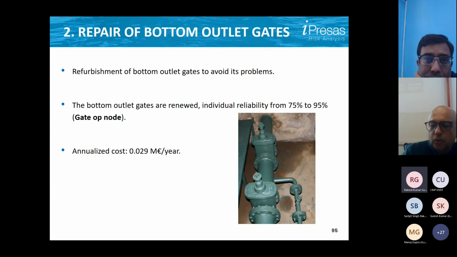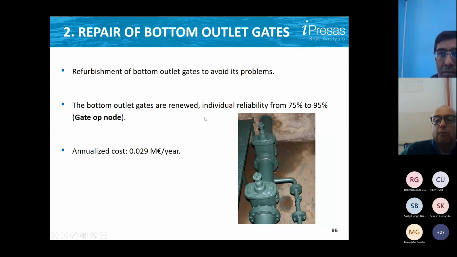But remember, you have to come back to the previous situation. You don't add measures. You want to judge this one separate. So, you have to get back your input data to where it was. So this main spillway should be put back to 2 gates, reliability to 75%, and the flood routing to the current state. And once you have done it, you only need to change reliability of bottom outlet from 75 to